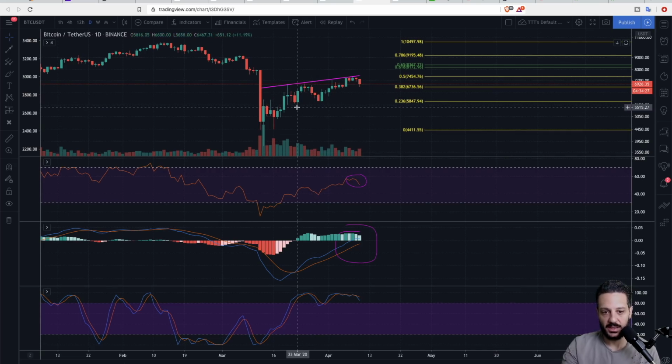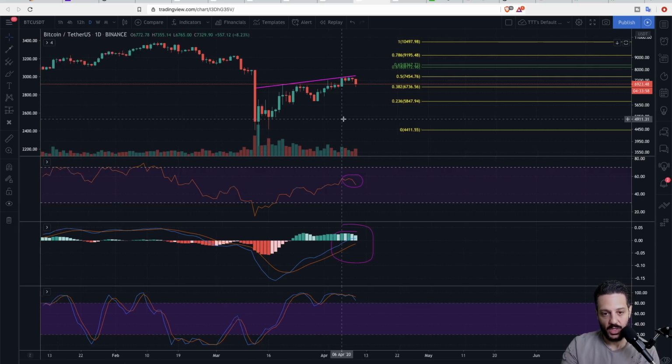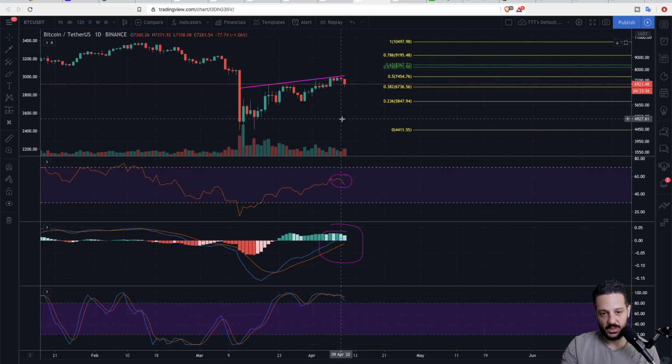If we take a look at the previous weekend, so that would be March 21st and 22nd, you have another 7% decline on Bitcoin. We take a look at the previous weekend, that would be March 14th and 15th. You see that Bitcoin had a net decline as well. 7% on Saturday, it gained 3% on Sunday, but still a net decline. So the weekends when the markets are closed don't fare well for Bitcoin, at least in this recent market cycle,